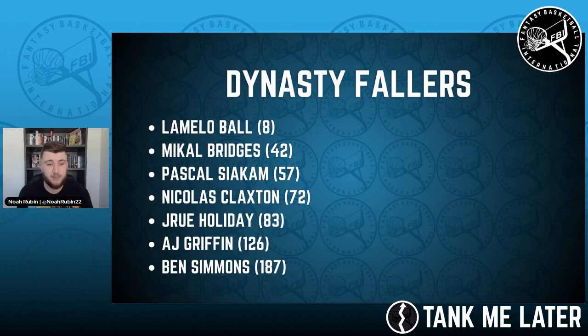That's a possibility. When I say a faller, I mean I might drop LaMelo from 8 down to 10 or 11, but we'll easily bounce him back up if things go really well. I don't want to say it's just about the injuries, but that is a factor here because it's consistently been ankle injuries. Steph Curry had a lot of ankle injuries early in his career and ended up being totally fine. I hope that's the case with LaMelo, but it's hard for me to, for example,